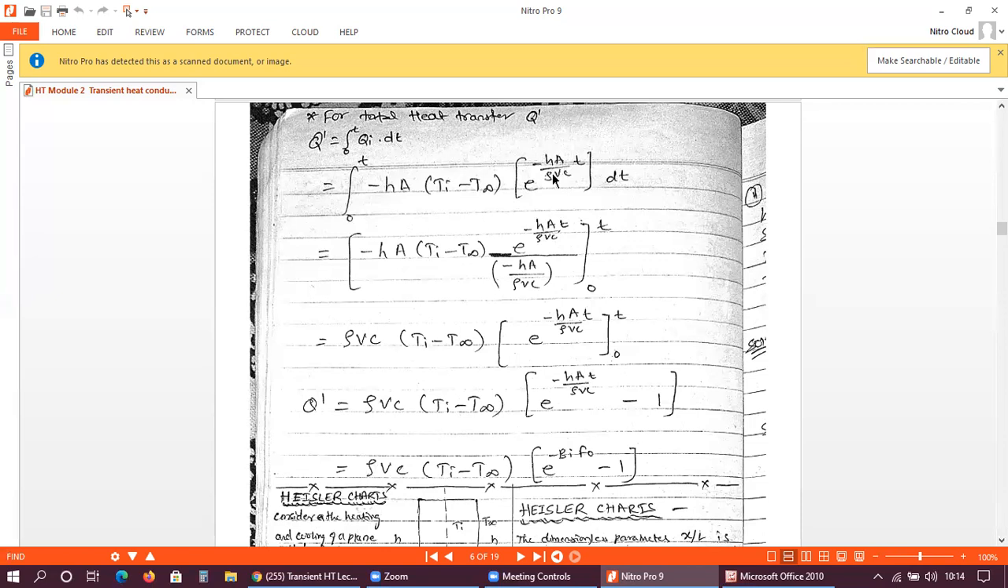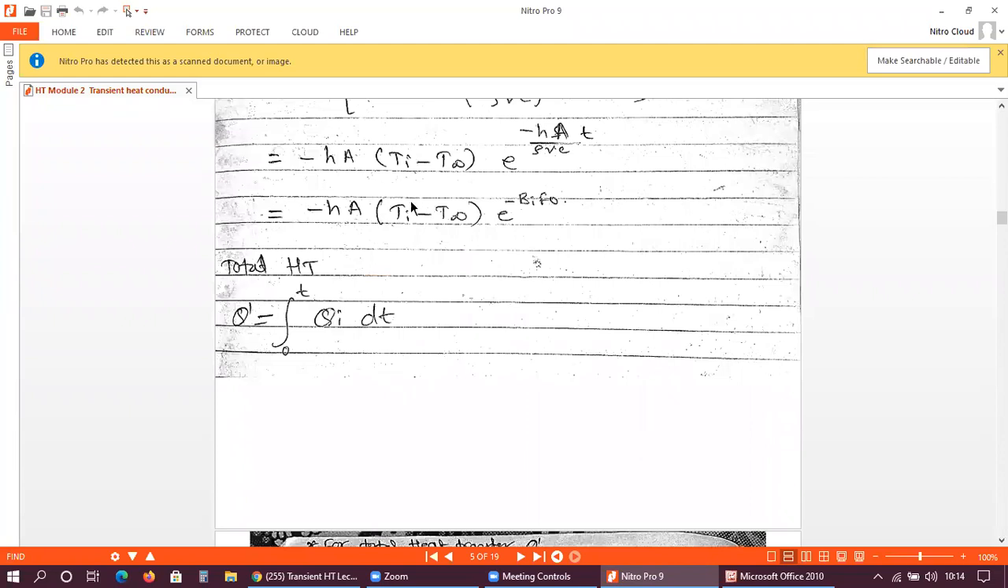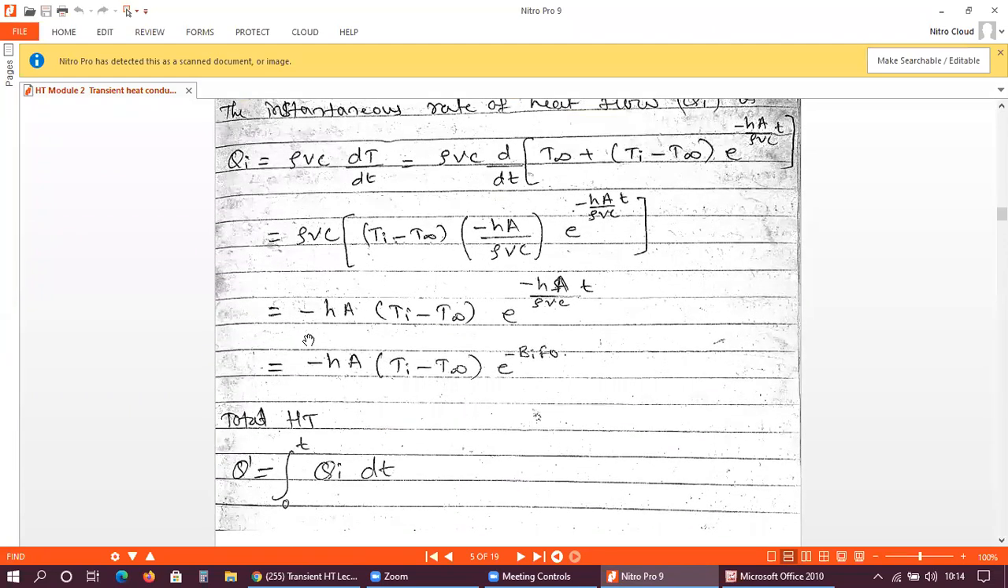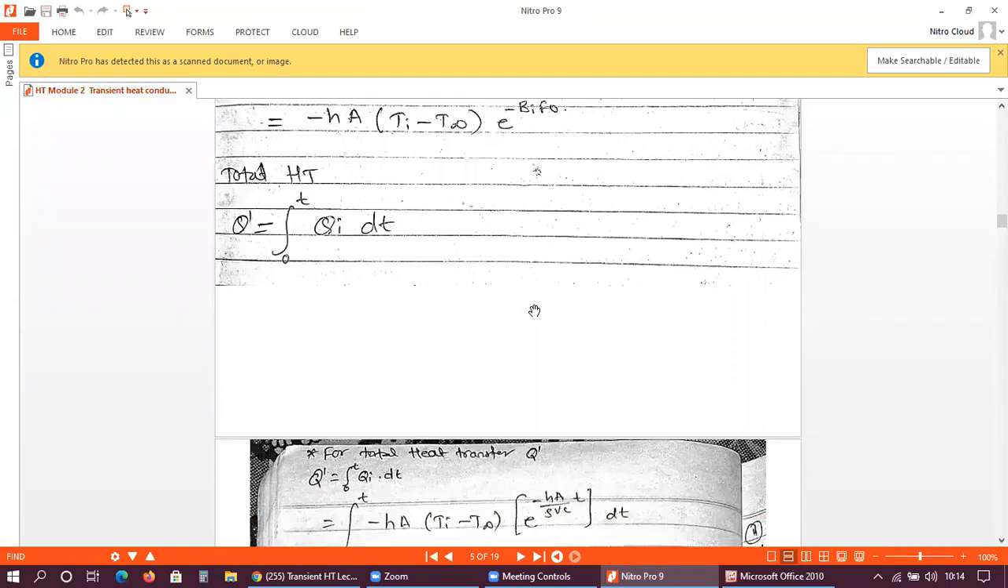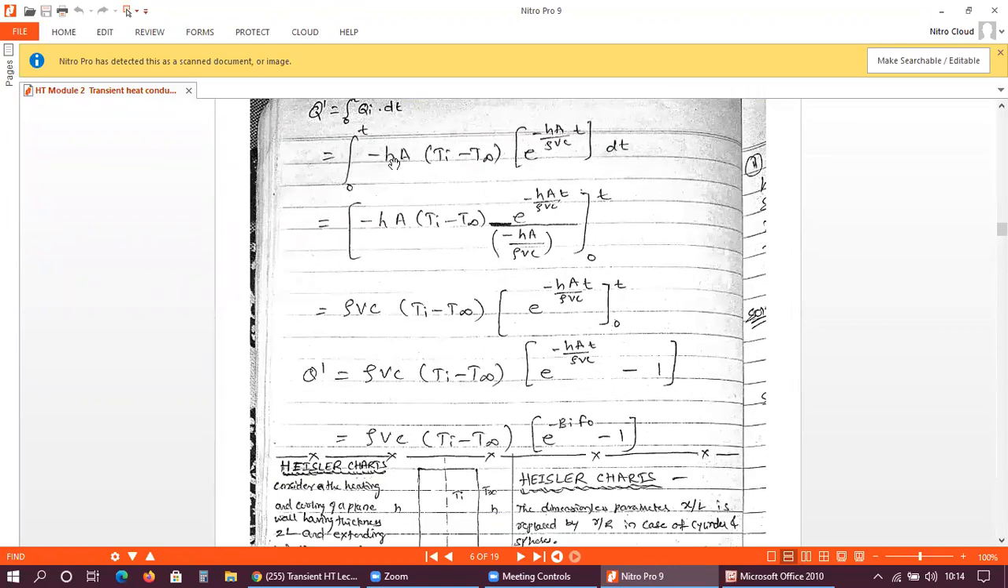Okay, so if you simplify this, you have to replace this qi by the expression we have obtained just now here, as you can see. So this is the expression for qi: qi is equal to minus hA into (Ti minus T infinity) into e raised to minus hAt by rho Vc. Okay, so this is the expression for instantaneous heat transfer. The same I am going to take here. So I am going to replace this,